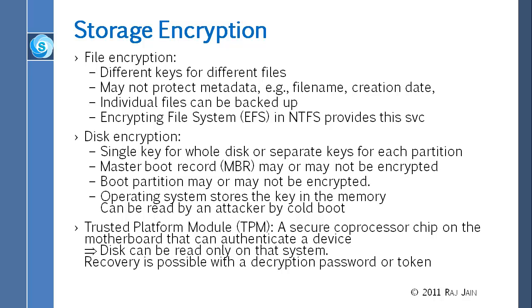But basically, you have two choices. You can do file encryption, or you can do disk encryption. File encryption basically will encrypt whatever files you want confidential. The rest of the files will be visible. But even for the confidential file, other people can read the file name, creation date, size, and other things, because metadata about the file is not encrypted. And it is a standard feature in NTFS. So if you have Windows XP or Windows 7 or Vista, NTFS is there, and you can encrypt whichever files you want. So that is one way.